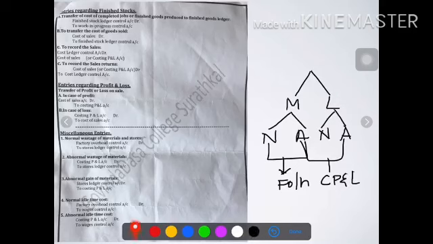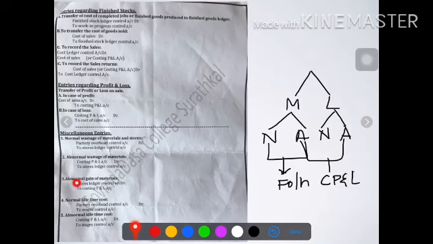Now let us go through the journal entries. For the normal wastage of materials and stores, the entry will be, as I said, the factory overhead will be debited in case of normal wastage. Therefore, factory overhead control account debit to stores ledger control account. The next one is abnormal wastage of materials. For abnormal wastage, the costing profit and loss account will be debited to stores ledger control account. Why are we creating the stores ledger control account? Because this material comes from the stores.